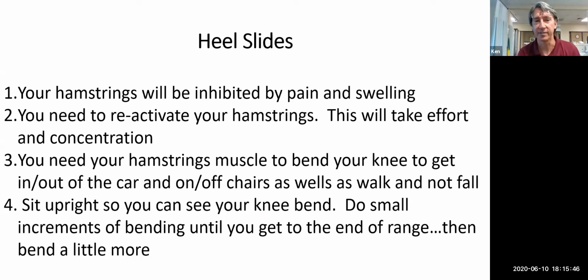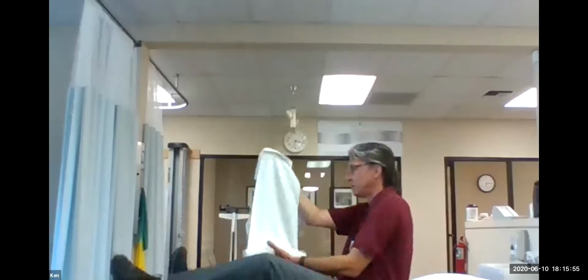So heel slides, this is using your hamstrings. They're also going to be inhibited, but you got to get your knee to bend also. So that's when you're on here. You take your towel